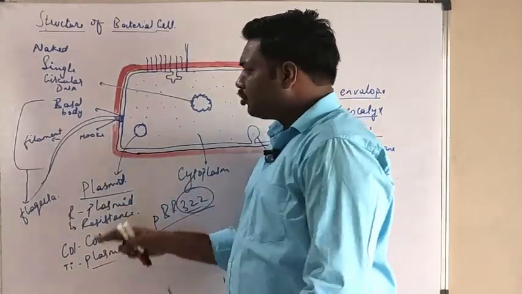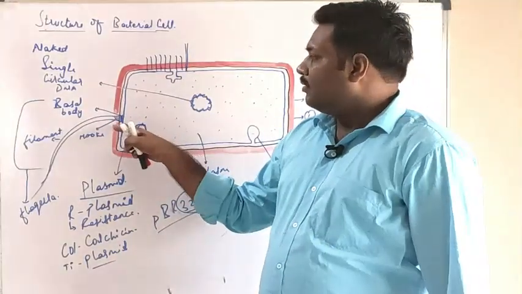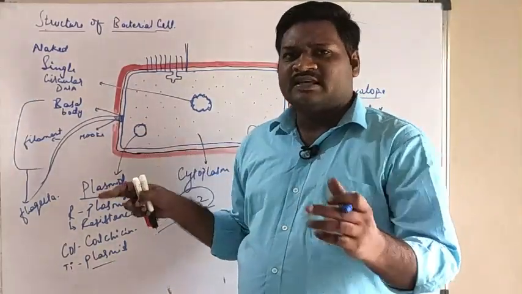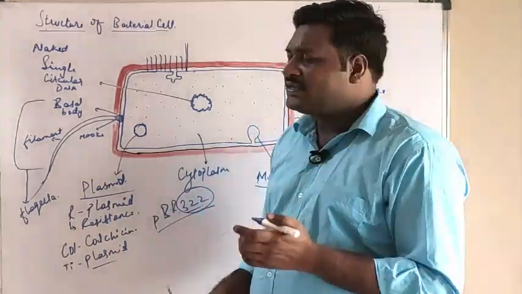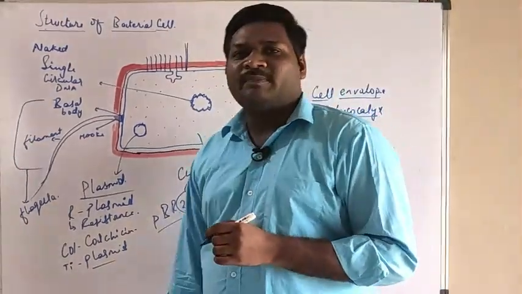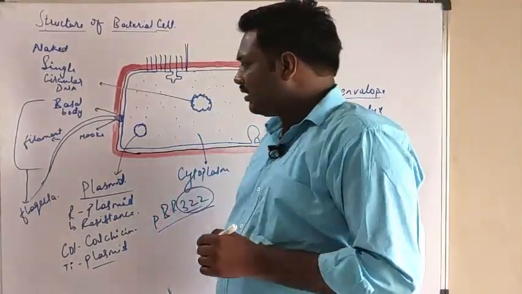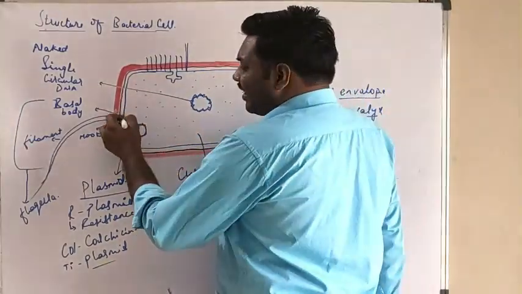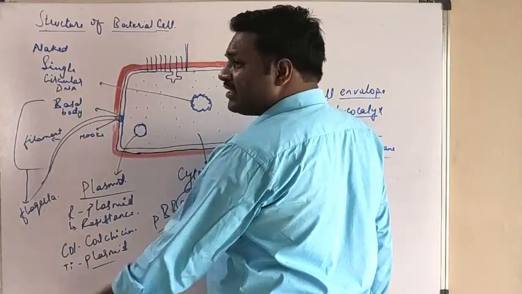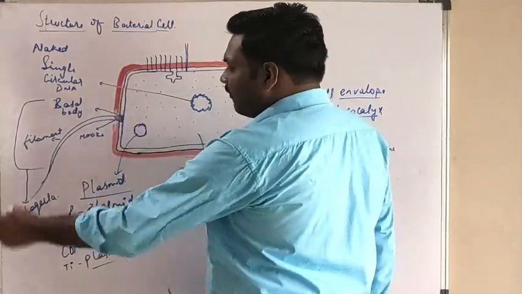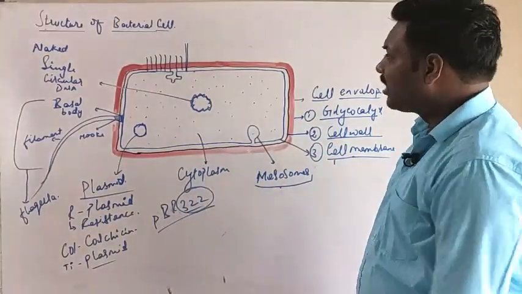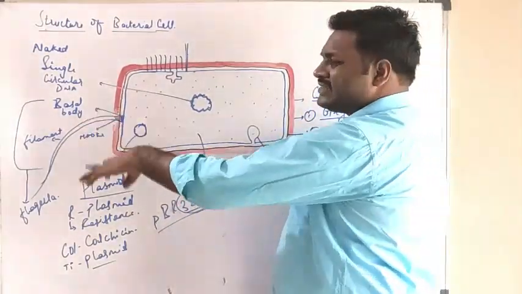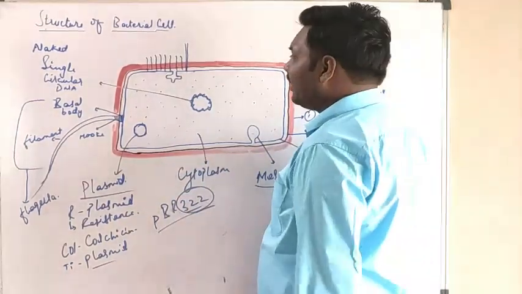Right? So the basal body consists of rings. Yesterday we discussed it. The gram negative bacteria consist of 4 rings, while gram positive bacteria consist of 2 rings, right? To these rings there will be attachment of the hook. From the hook the filament will be attached, which consists of flagellin protein. Now the function is that it helps in the movement of the bacteria.